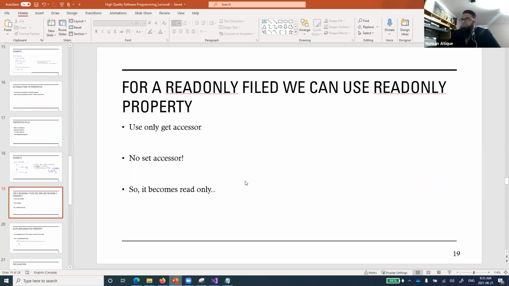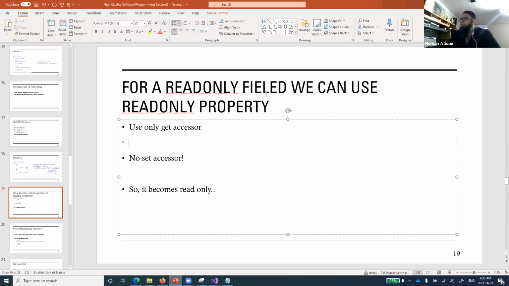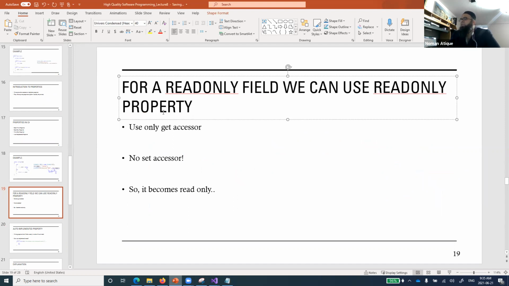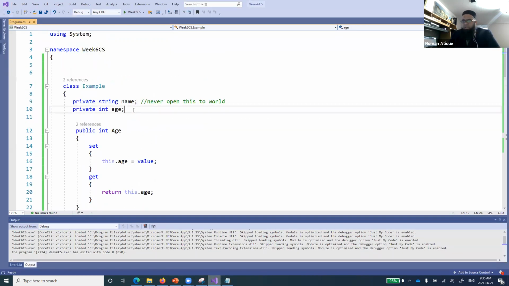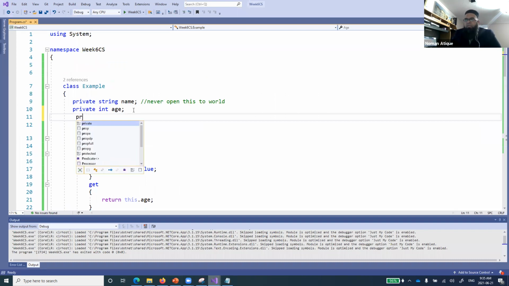Now the other one, if I come over here. So for read-only field, this should be field, not filed. For a read-only field, we can use a read-only property. But what does that mean? There is some field that you want the user only to access, but not change. For example, let's define, if I say private int salary equal to something, right?